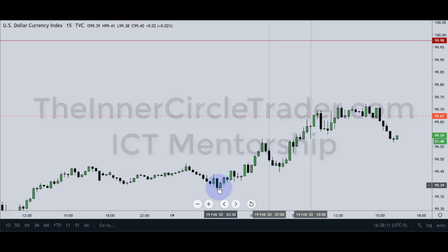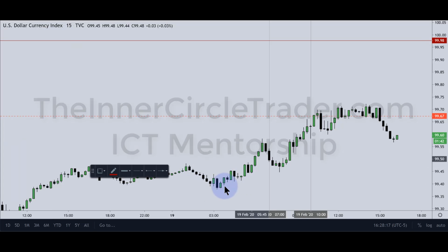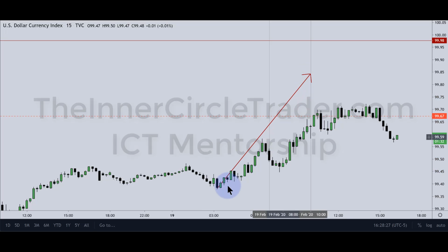So we want to see this low, and I want you to think about it like this. From this low all the way through the New York session kill zone, you're anticipating price action to move up. Okay? You expect to see all this price action move like that. Now, when it starts to get towards the end of the New York kill zone,